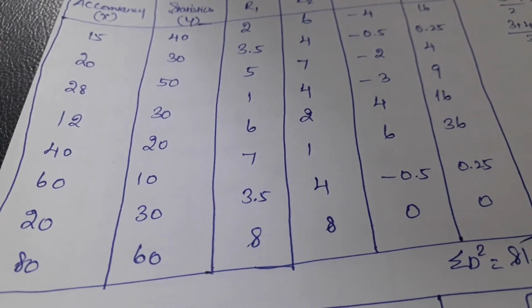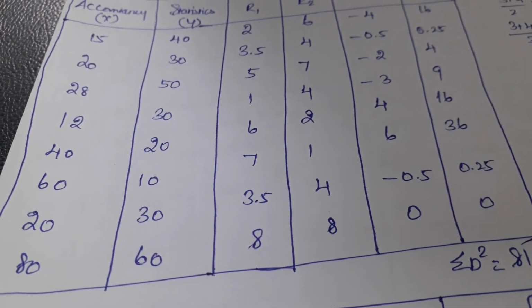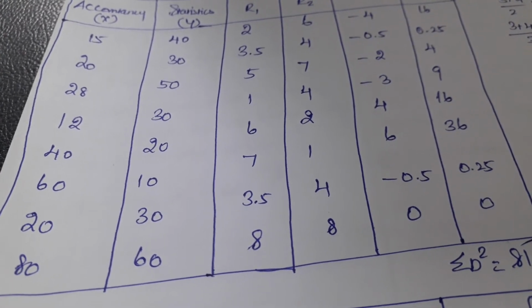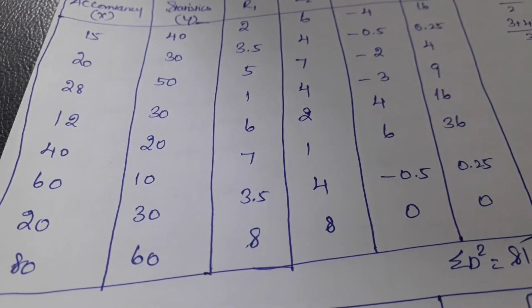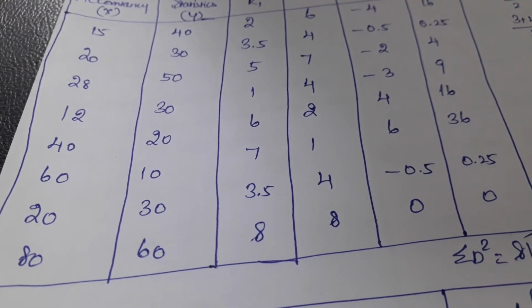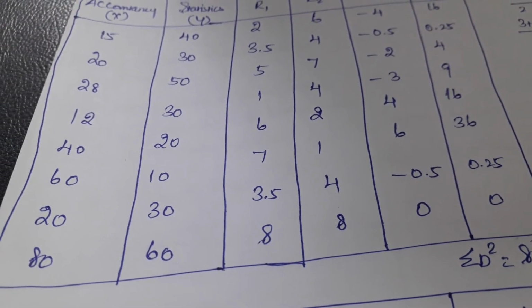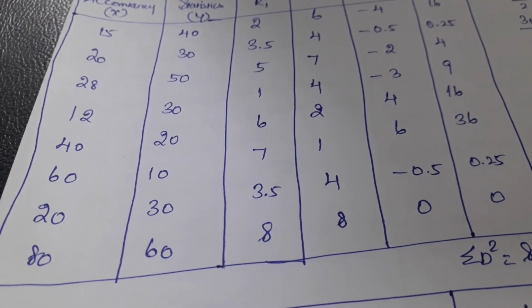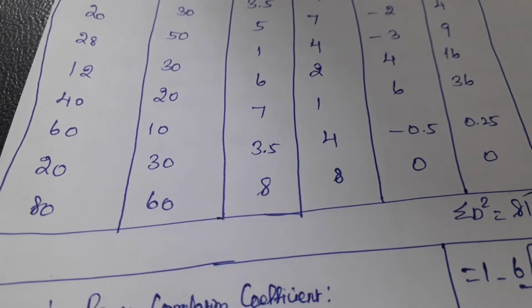Now we are going to move on to provide the fifth rank. The fifth rank is provided to the 20 mark holder. The sixth rank is provided to the 14th mark holder. The 7th rank is given to the mark holder of 60. And the 8th rank is given to the mark holder of 80.